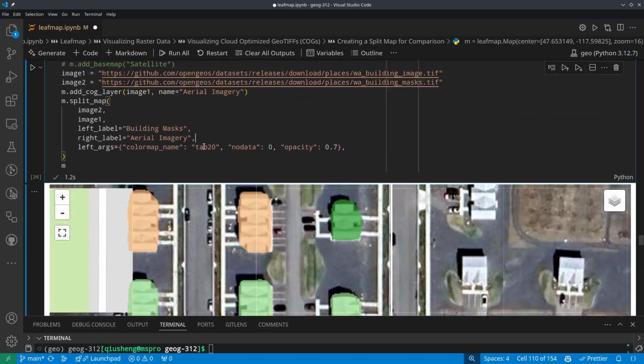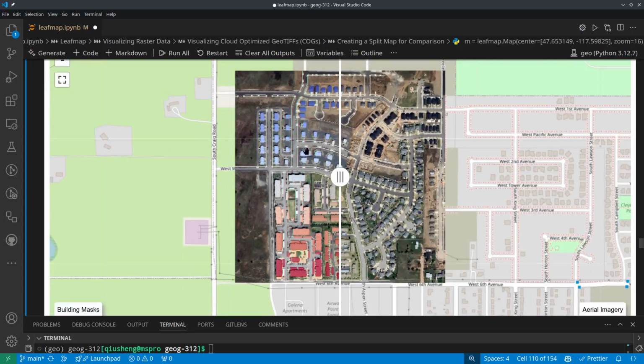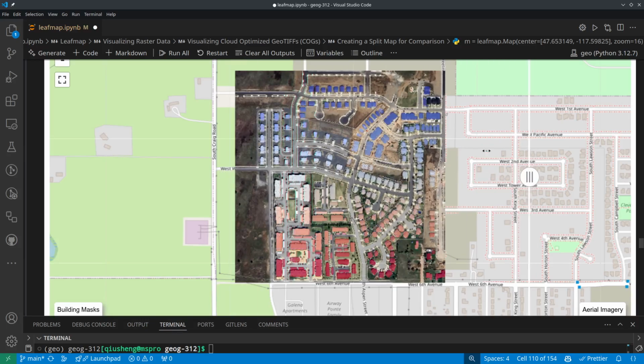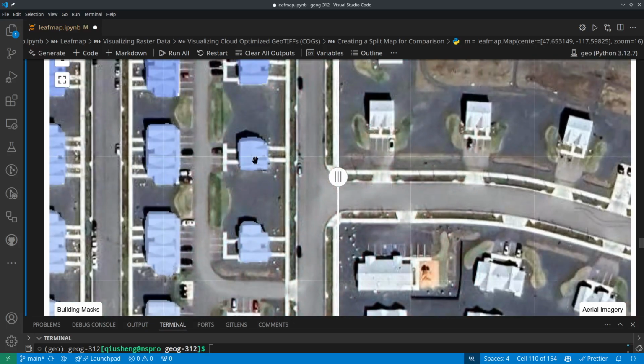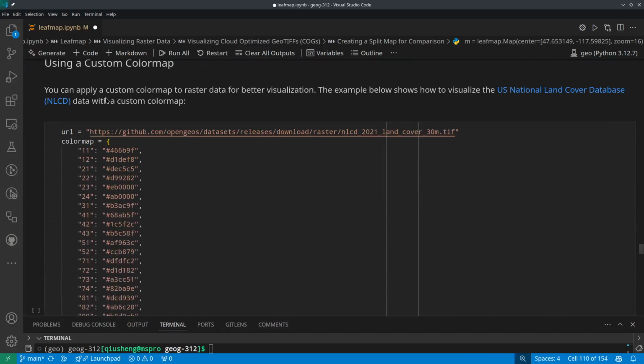And so for this one here, the color map name, again, this one you can use any matplotlib color map. It can be anything. So I can change it maybe to cool warm. It should work as well. It's going to change the color to a different matplotlib color map. So now it looks like this. Right. So change it to whatever color map that you like. Next one, using a